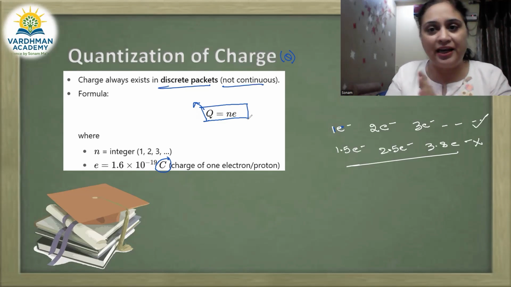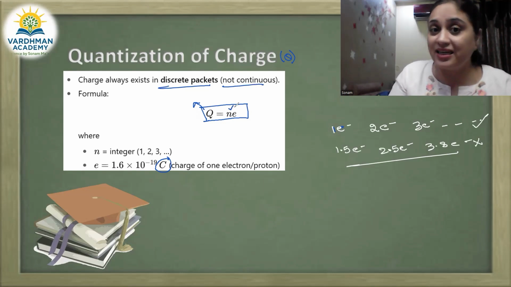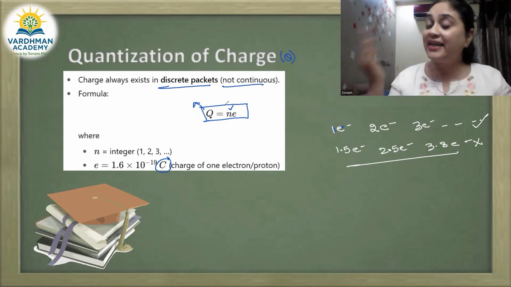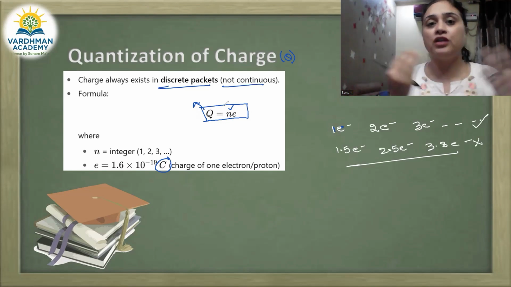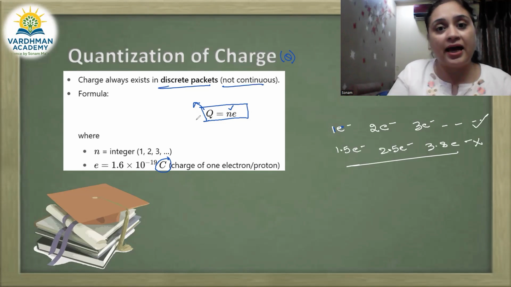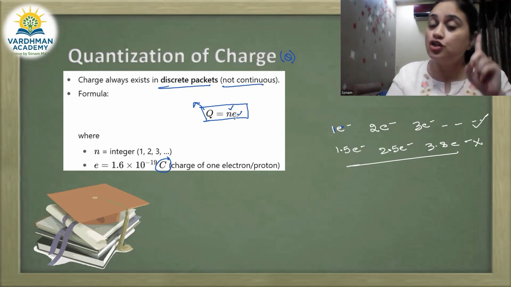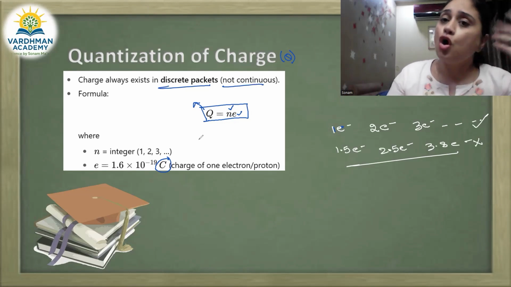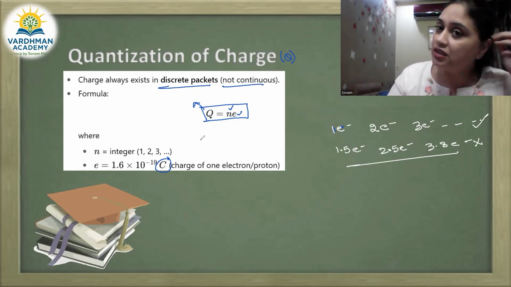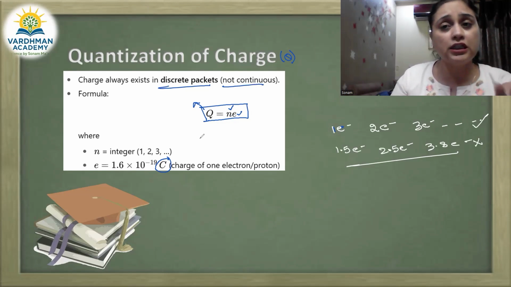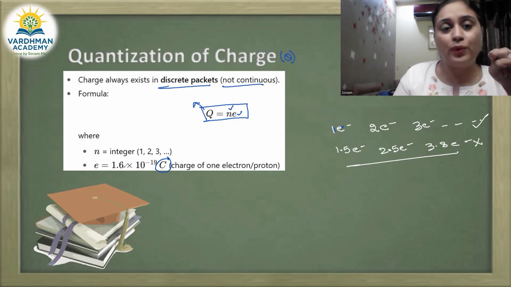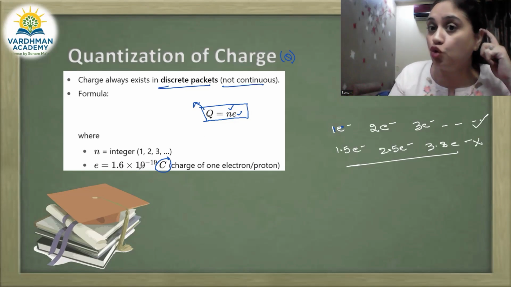Q is equal to N into E. So N represents the discrete packets. How many packets are there? 1 electron, 2 electrons, 3, 10, 20, 100 and 1000 electrons, right? And E represents the charge on 1 electron. What does E represent? The charge of 1 electron or proton. The charge is the same. The difference is only in positive and negative. So charge on 1 electron will be 1.6 into 10 raised to the power minus 19 coulombs,